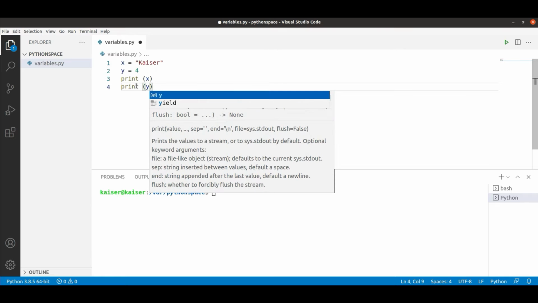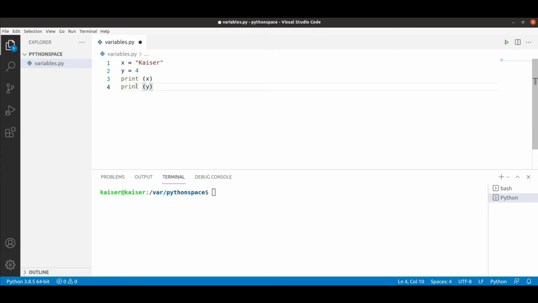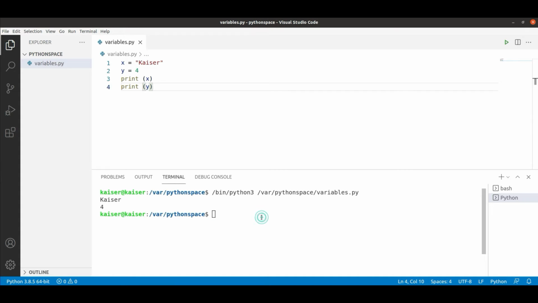Let's see whether I'm able to print x and y. X is a string and y is a numeric. Let me run it and see. Yes, I'm able to print it very successfully. So I'm able to create variables successfully. I'll just clear it. So this is one thing, how to create a variable. We are very much clear. Next, what I'm planning to do is